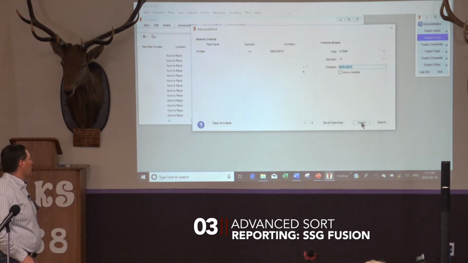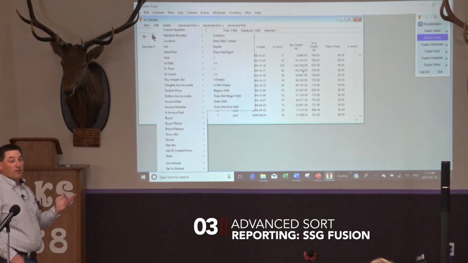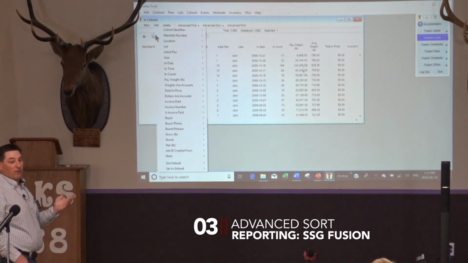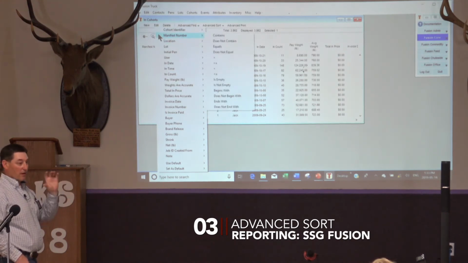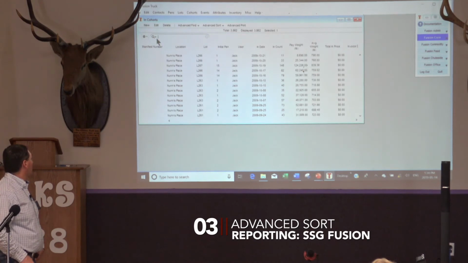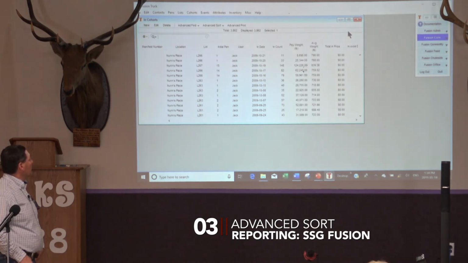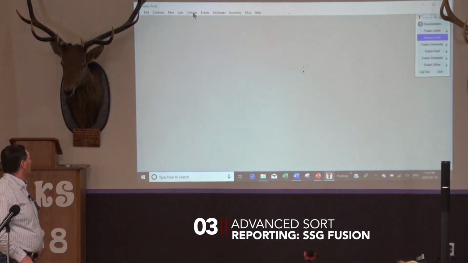So an example of a way you could do that is on your search window. If I'm an admin person and I always look at in cohorts a certain way, I look them up by manifest number so that I can enter my manifest and then reconcile that to an invoice. I can search by manifest contains, and then on here I can set as default on the bottom of the list there. So if I set it just for me,